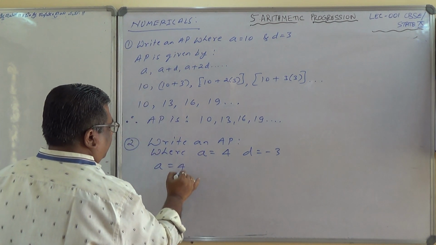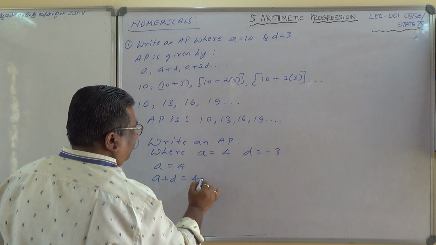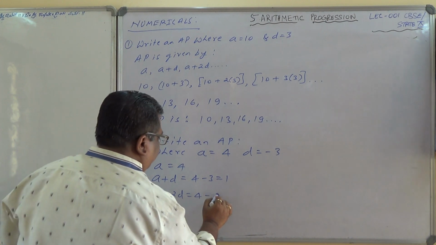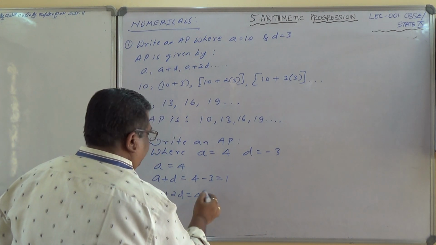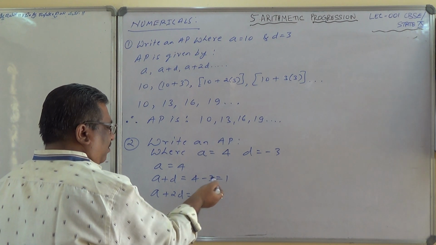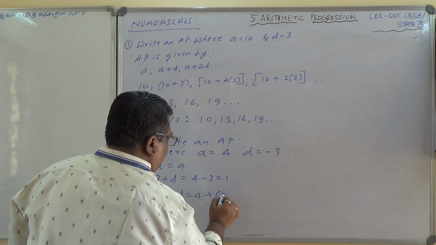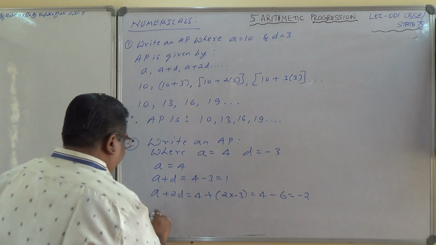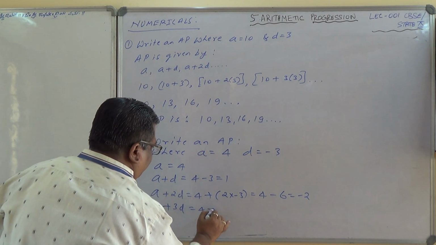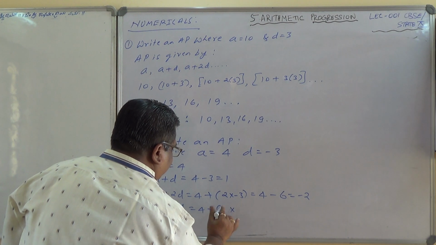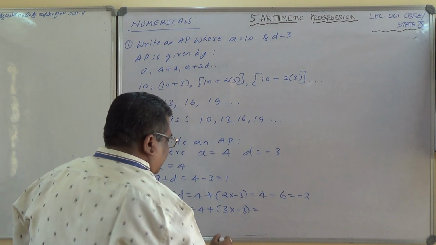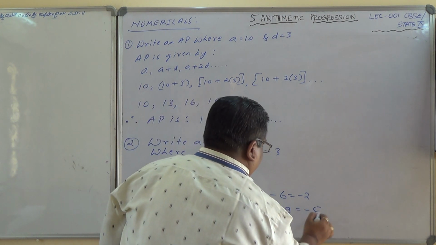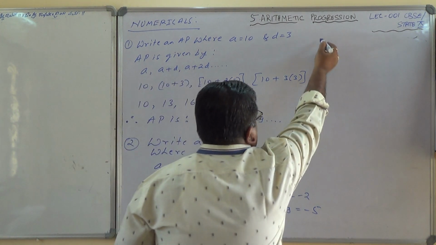So A equals 4, A plus D equals 4 minus 3, which is 1. A plus 2D equals 4 minus, here 4 minus 3 I have directly taken. Okay, I hope you have understood. 4 plus here I am taking 2 into minus 3, which equals 4 minus 6, which is minus 2. A plus 3D equals 4 plus 3 into minus 3, which equals 4 minus 9 equals minus 5, and there it continues, and therefore AP is given by,